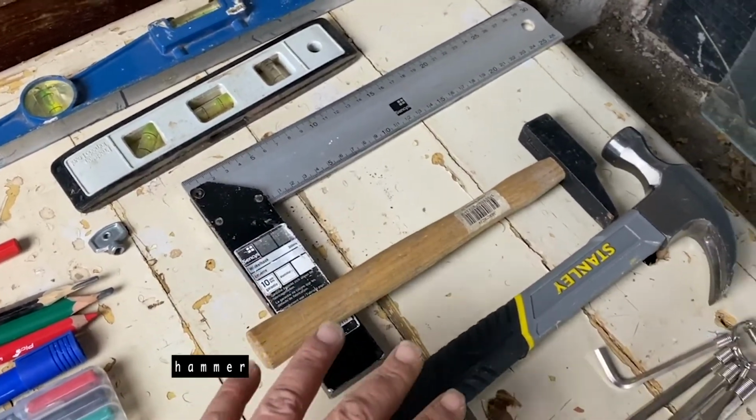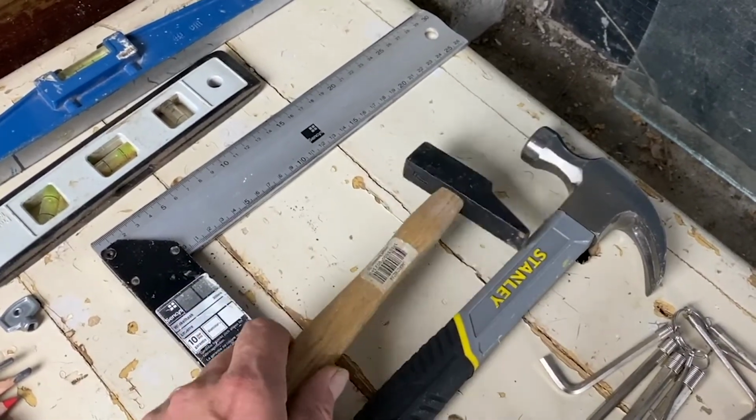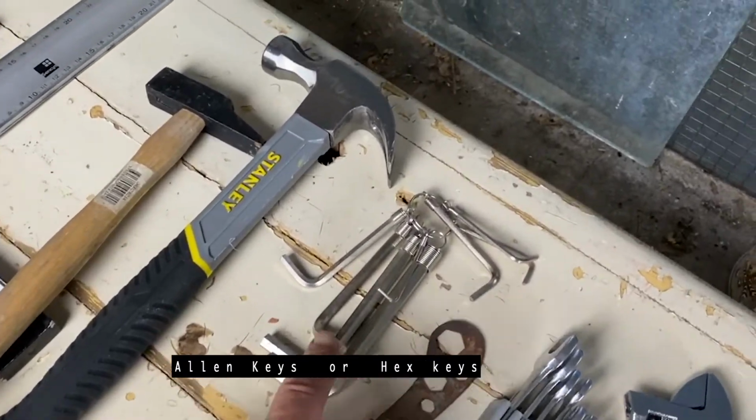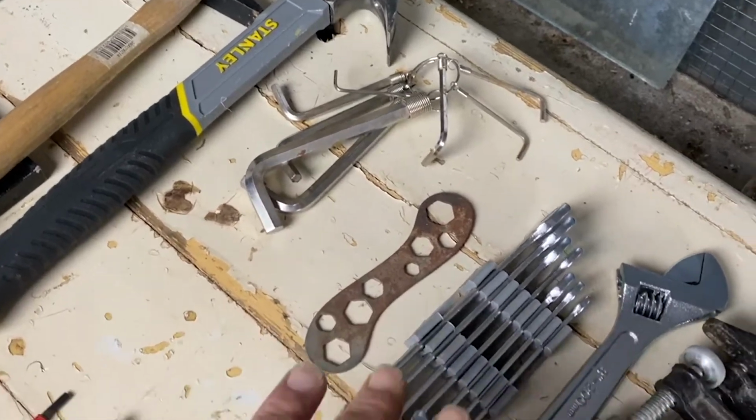Then we have here the hammers. I have one big one and one small one. I'll be using this one much more often. Then here the set of Allen keys. So it's not my favorite, but it's here, so that's fine for me. And here, this is for